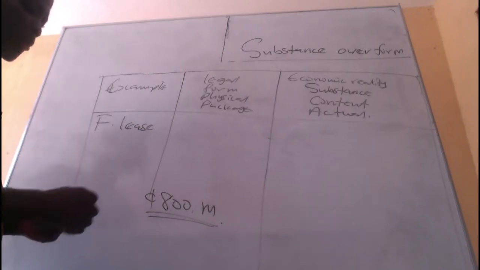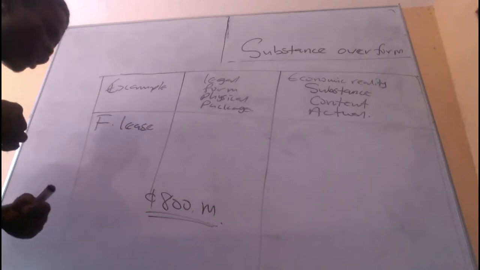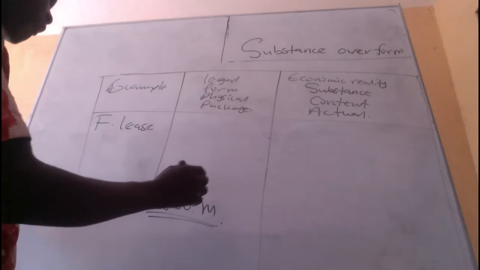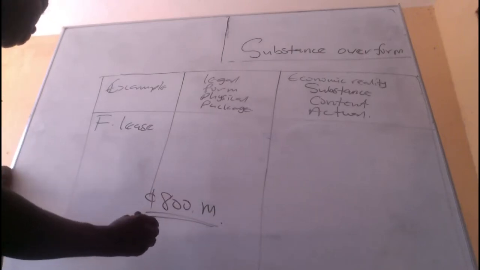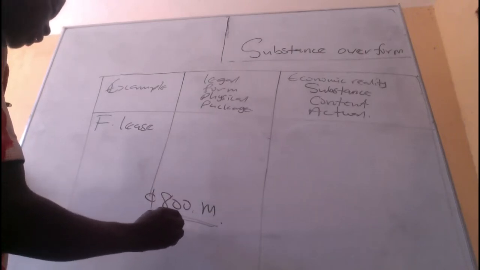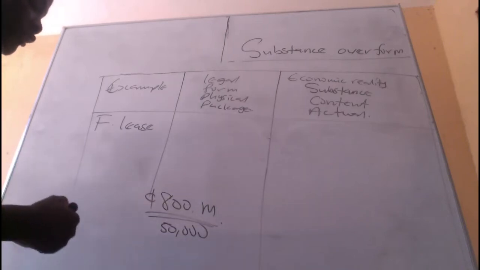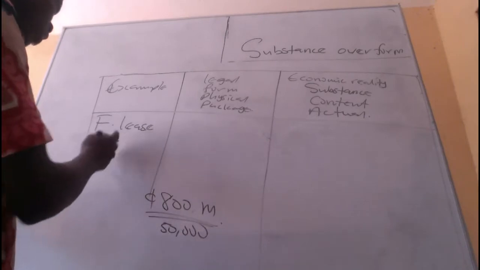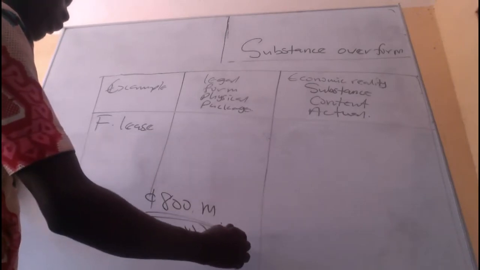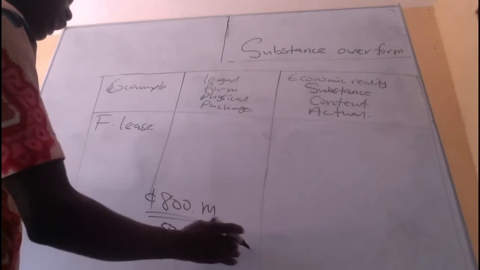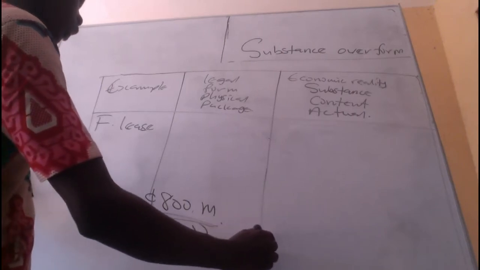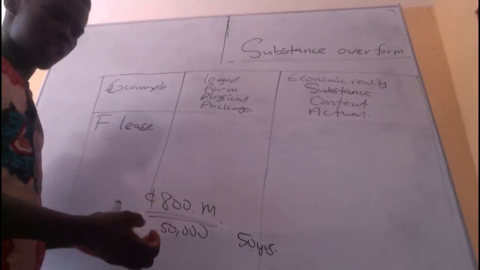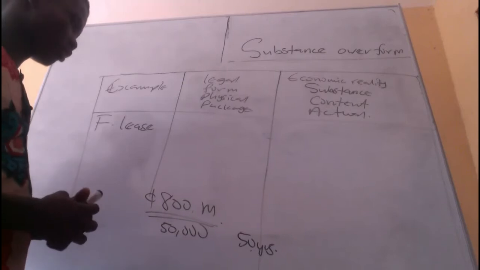The owner says, okay, if you don't have physical cash, then I can rent it to you. Every year, pay me just 50,000 cedis. Let's say you are going to use it for 50 years. So pay me 50,000 cedis for 50 years. So that's the lease. In the form of a long rent, we are going to lease the asset.